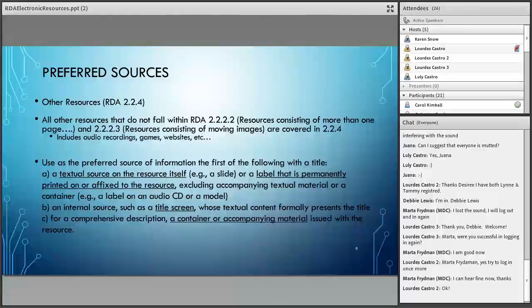For online resources like websites, we do want to indicate when we view the source. As I mentioned in one of my first slides, that has to do with noting the current iteration, because it is an integrating resource. So we want to make note of when we viewed it. So we can use the 588 field again for that information, I believe. We'll check.